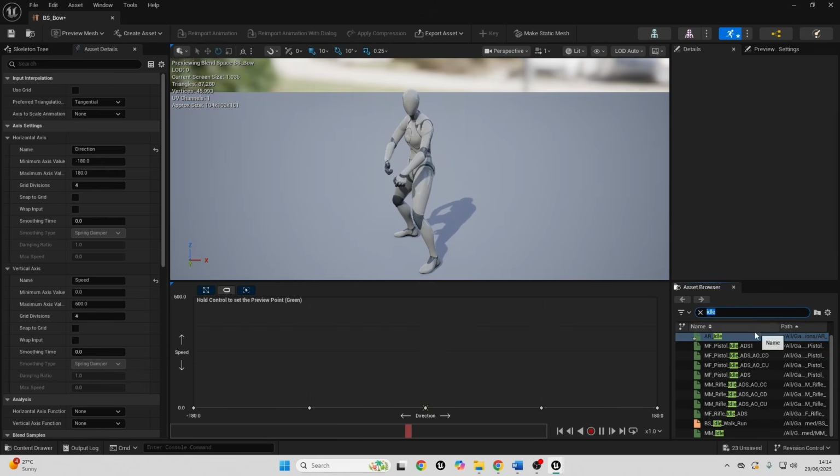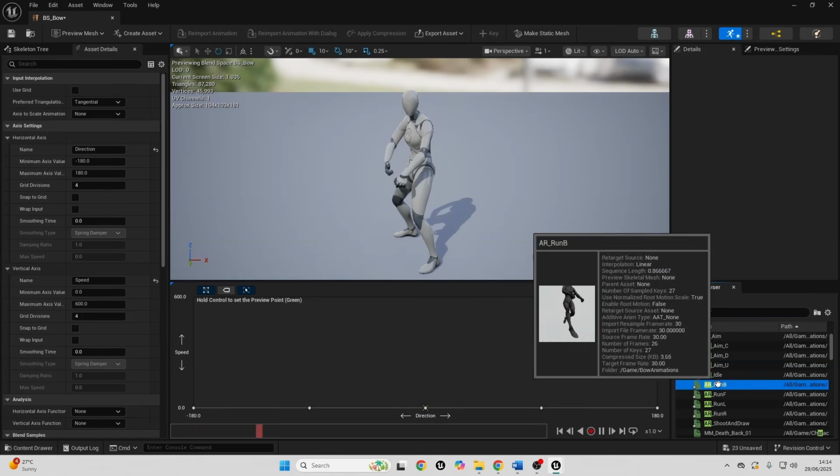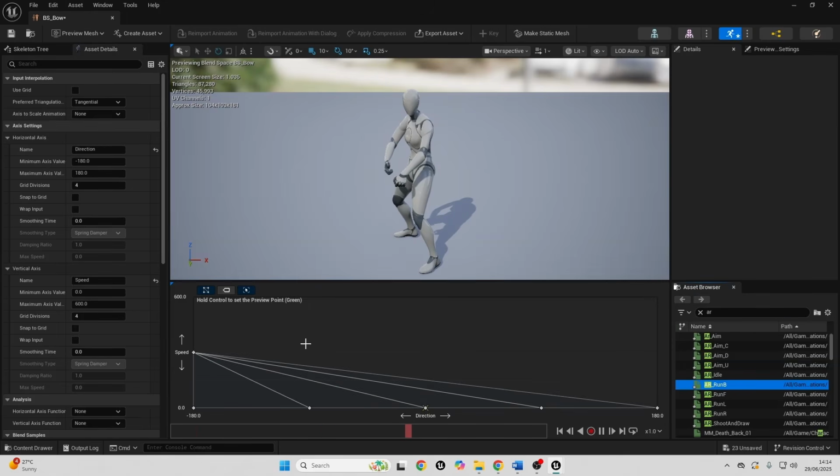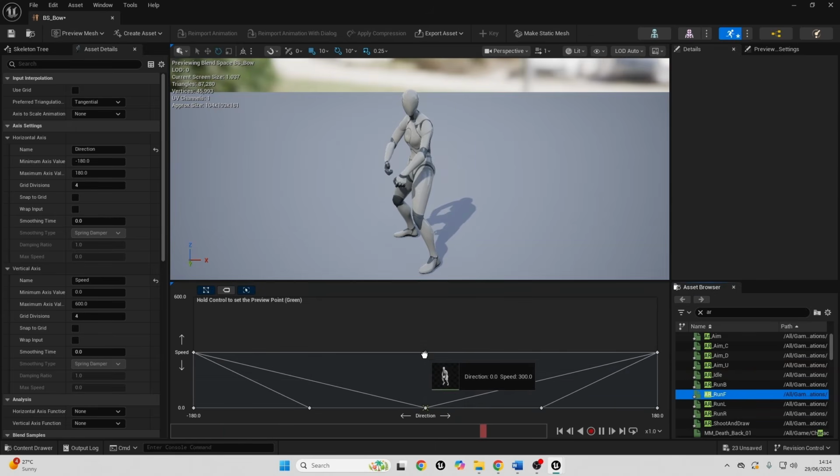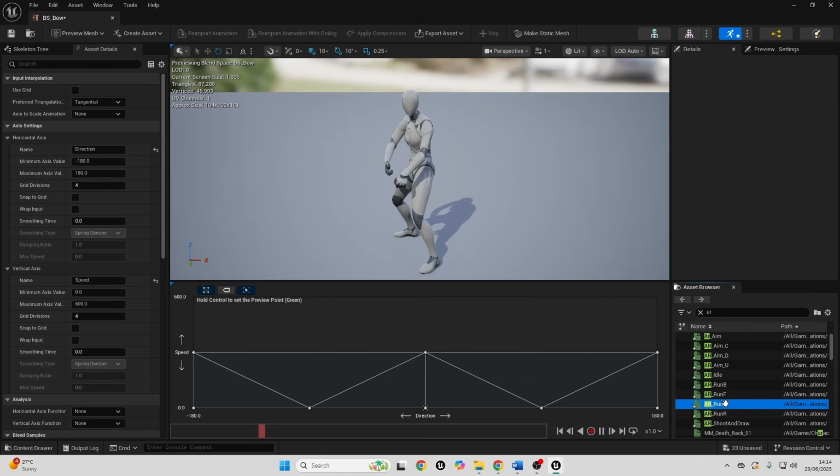Next, we just want to add our archer running animations. So if we look for the AR, and then we want the AR run backwards, just like this, hold shift, and place this here, and also here. Then we want the archer run forwards, place this in the center. We want the archer run left, place this towards the left, and we want the archer run right, place this